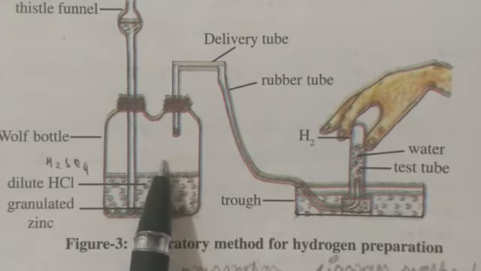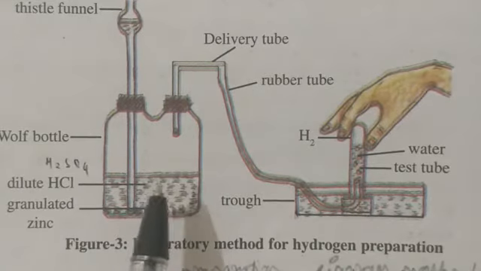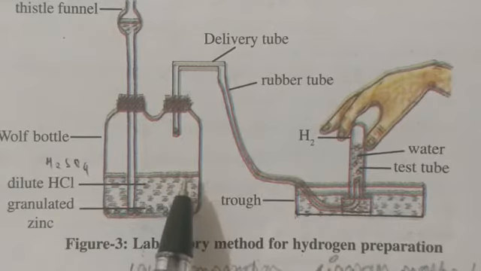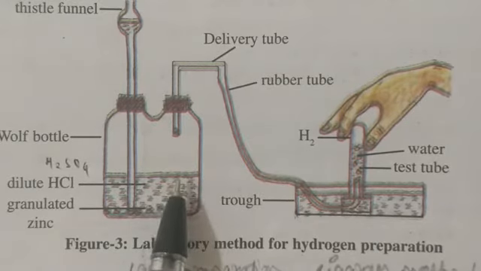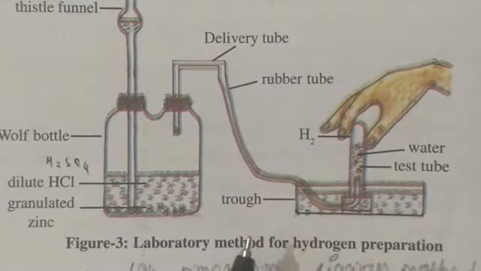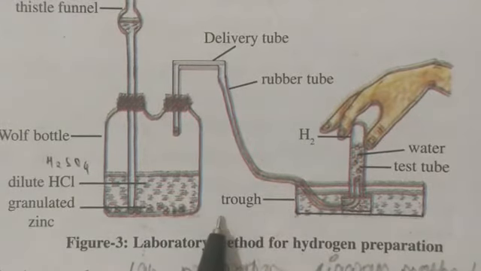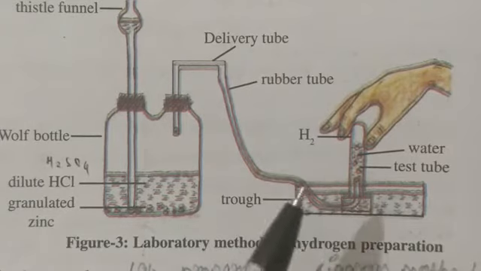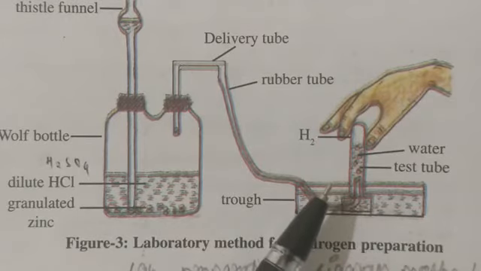You have to go with AgNO3. AgNO3 will remove impurities of PH3 and AsH3. Then there will be impurities of CO2, SO2 and NO2. Then you have to treat with KOH. KOH will absorb CO2, NO2 and SO2. And last, if there is water impurity, then you have to pass it through anhydrous CaCl2, which will absorb water and you will get pure hydrogen. So you have to remove 4 impurities from this hydrogen. Clear?